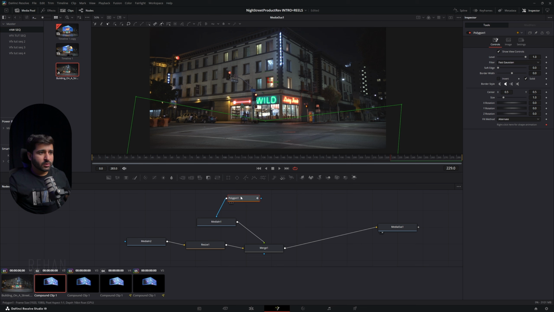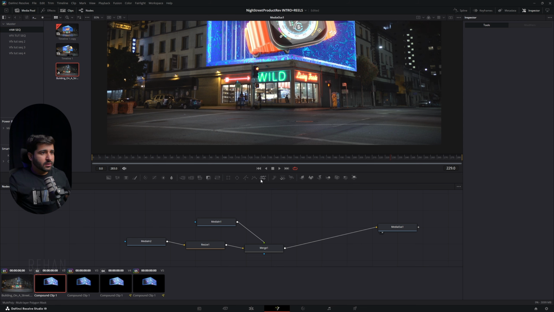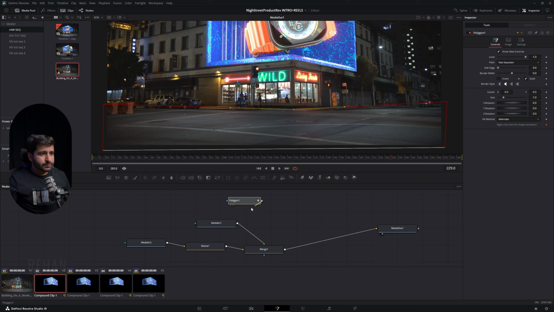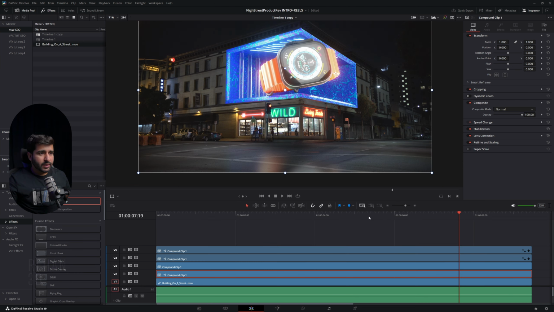So basically what I try to do, I will just simply delete this. Okay, so delete this, and now I will create a mask according to the shape of this object, like this and like this. And you can see, we just have to move it a little bit. This, we just connect this. Okay, and now if we go back again,